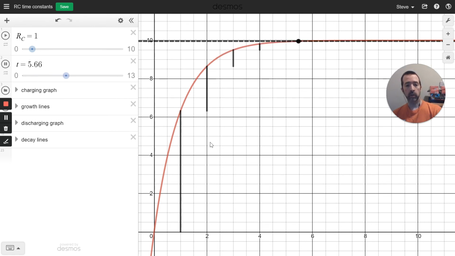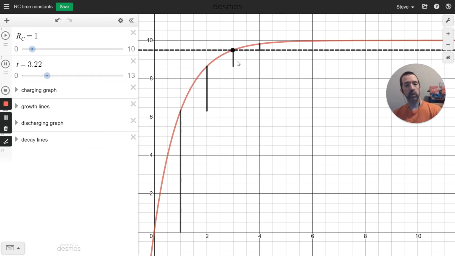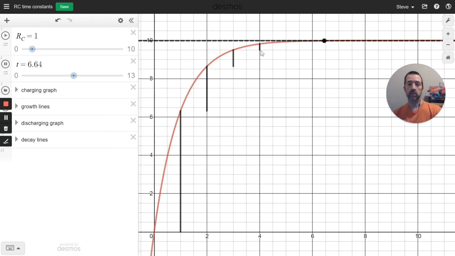And then during the next one, 63% of whatever is left occurs, and then 63% of whatever is left after that, and again after that. So the steps get smaller and smaller as you go. That is the basic idea